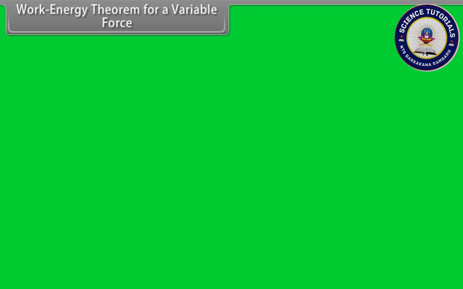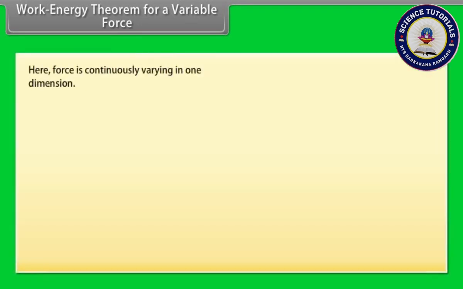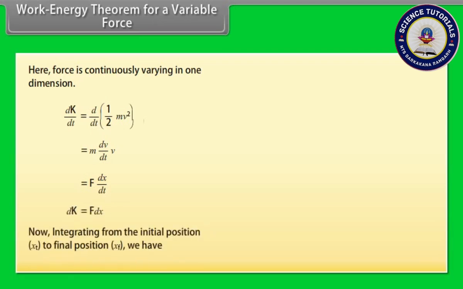Work energy theorem for a variable force. Here, force is continuously varying in one dimension. By calculating dK by dt equal to d by dt into half mv squared, we get dK upon dt is equal to F into dx by dt, which gives dK is equal to F dx. Now, integrating from the initial position xi to the final position xf, we have